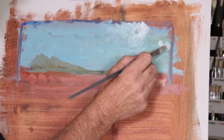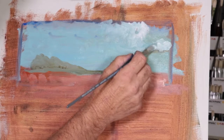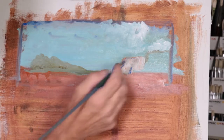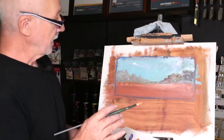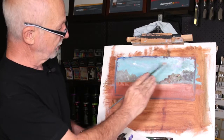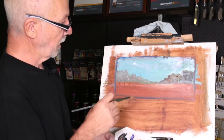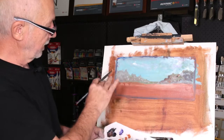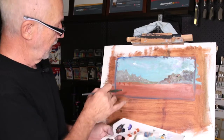We'll just go around the cliff here, again using the filbert, because that gives me the added advantage, if you like, of getting that pointed bit in where I want it to go. Right, so now we're at the stage where we've put a lot more colour on, as you can see, and we've blocked in most of the sky, and I've done that with a filbert brush and with a flat brush, and we put just a little bit of detail work on that cliff there, but all of that we can fix later on, but just to block colour in